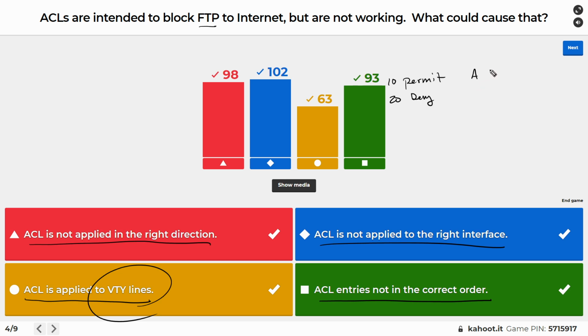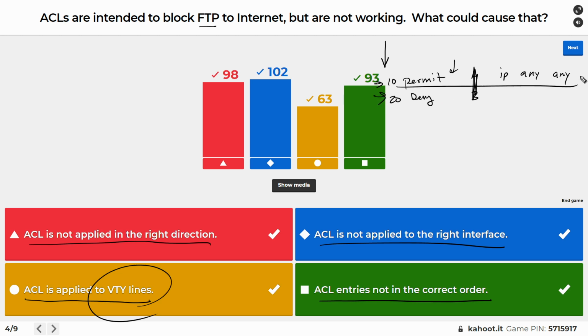So deny A and then deny B. If this permit statement is too broad and it's matching, as that access list is being processed for a packet, it looks at sequence number 10 and says, oh, permit. Let's say it was permit IP any. This is way too broad, but just as an example, permit IP any, everything matches. And then anything you deny after that is never going to get to 20 because the permit IP any is